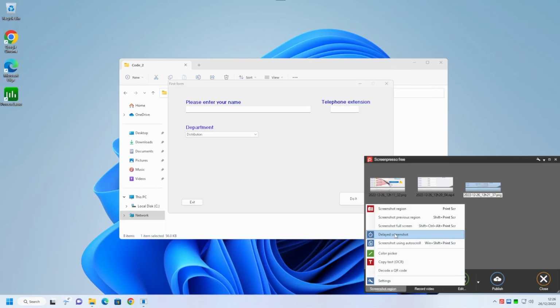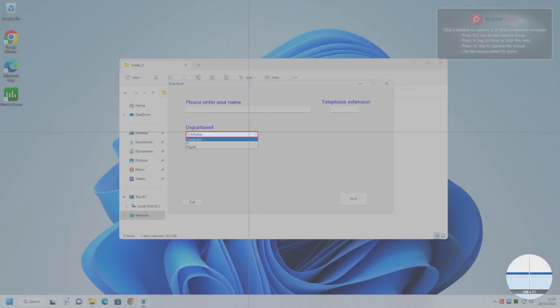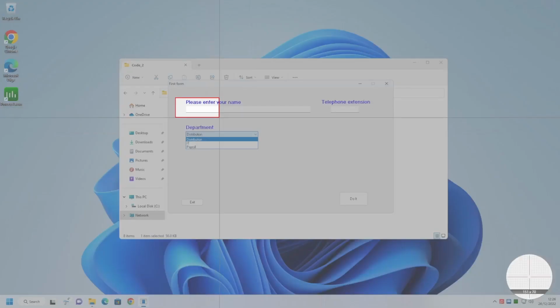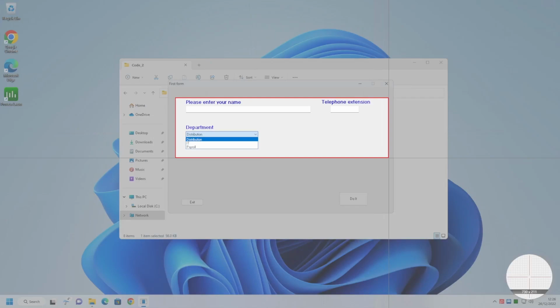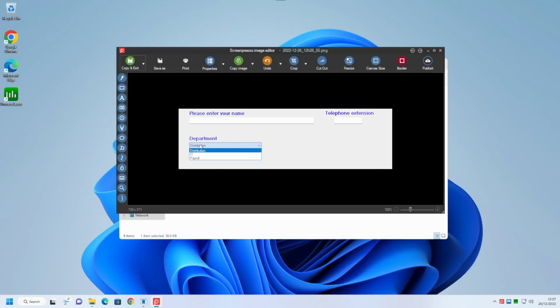Once you select this, and then pick your drop-down, you then have a few seconds, and then it will allow you to select while the drop-down is actually still in progress. And if we have a look at it in the work area, we'll see all 3 options for that particular drop-down are visible. This again can be annotated with any of the annotation tools.